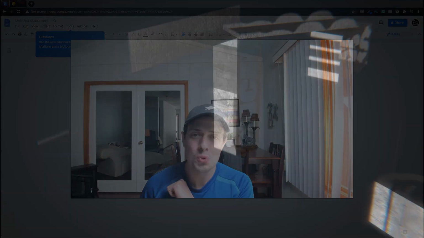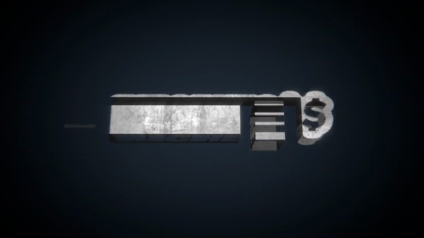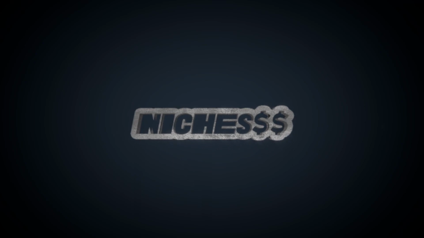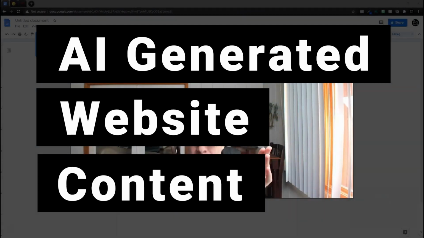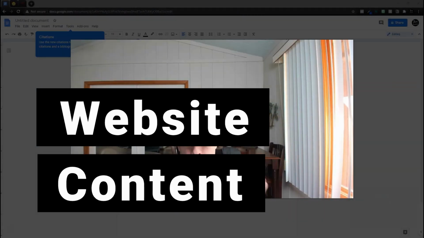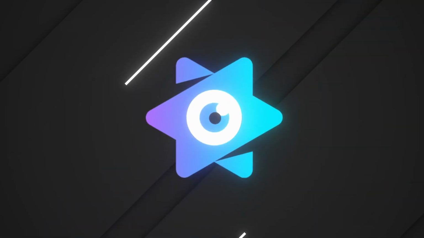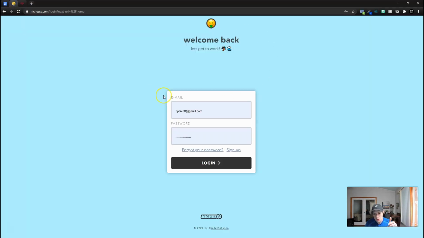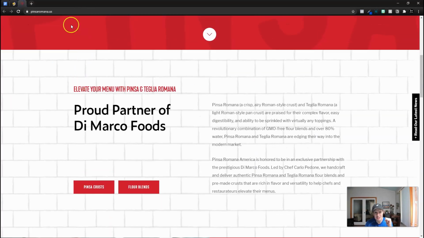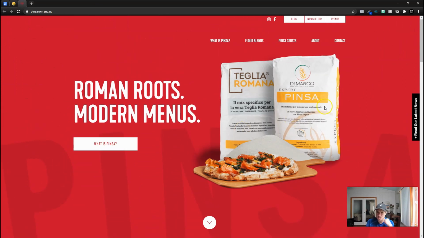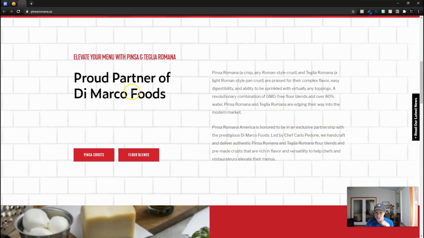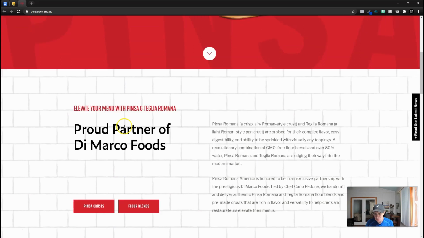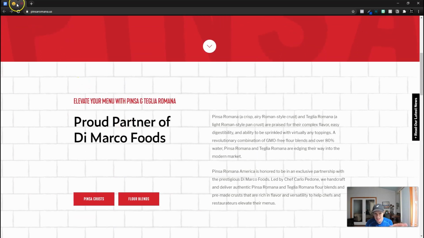Today we're going to use a tool called Nichesss to generate artificial intelligence words to go on a website that I'm working on. I think this is a great use case for Nichesss, and let's get started. I'm going to start things off with a Google Doc, in which we're going to paste everything. We have Nichesss, and then we have a website that is going to be our inspiration as far as the words that we're going to give Nichesss,